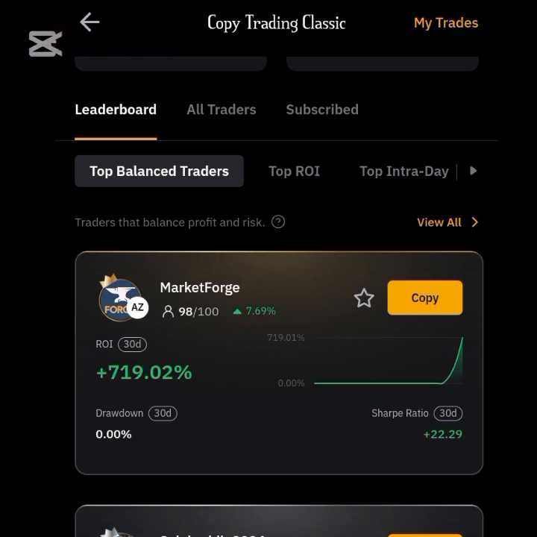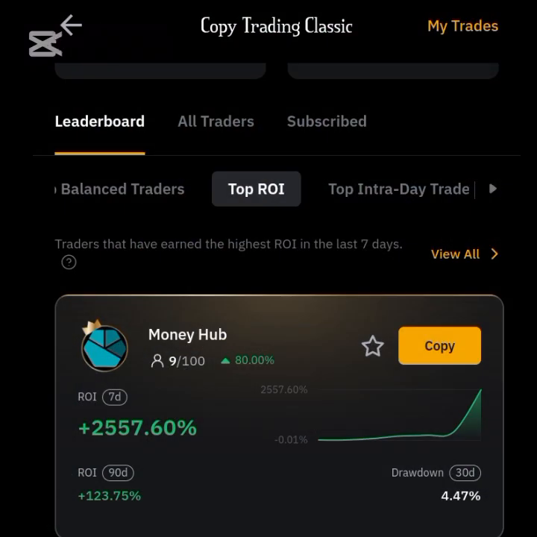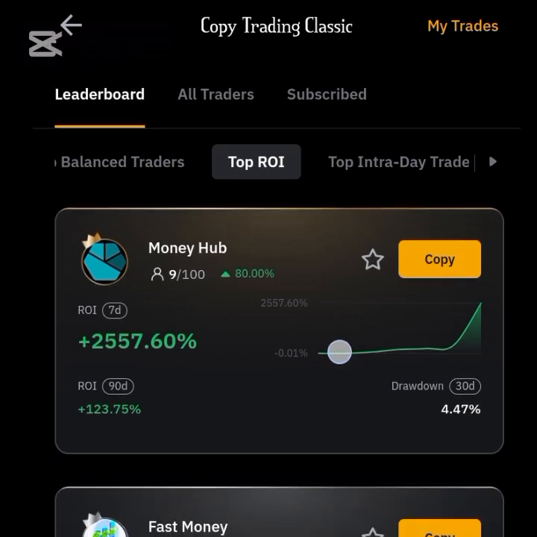Now let's go to the next one, the top ROI. So the top ROI are traders that have earned the highest ROI in the last 7 days. These are traders that are going all in. You understand? These people make much ROI within a shorter period of time, unlike the other ones that are more conservative. So if you are interested in making more money in a very short period, these people are for you. You can see this first one,